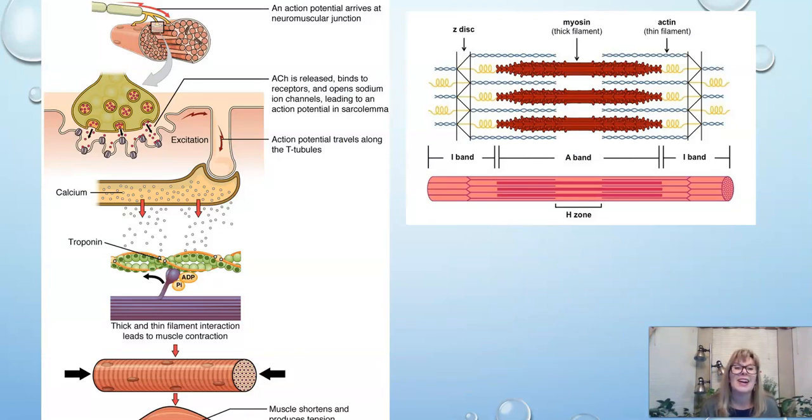It is in conjunction with the sarcolemma. It's showing here the sarcolemma. This one shows actual ligand-gated ion channels and excitation occurring. Excitation is basically the action potential which runs along the sarcolemma. Interestingly, the sarcolemma has these little divots called T-tubules, which allow that electrical impulse to travel deeper within the cell